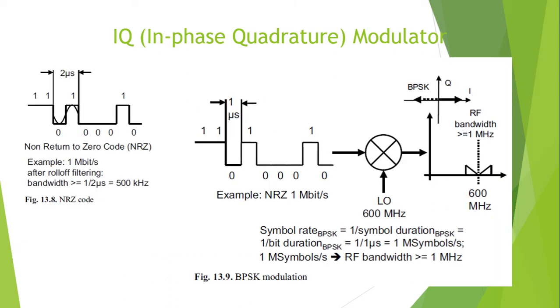This is a suitable point for discussing fundamentals relating to bandwidth conditions in the baseband and at RF. In the extreme case, consider the bandwidth of the data signal with an NRZ, non-return to zero code. Look at figure number 8, NRZ code. This is a non-return to zero code at a data rate of 1 megabit per second. This can be cut or filtered to such an extent that 500 kilohertz bandwidth is just sufficient to ensure reliable